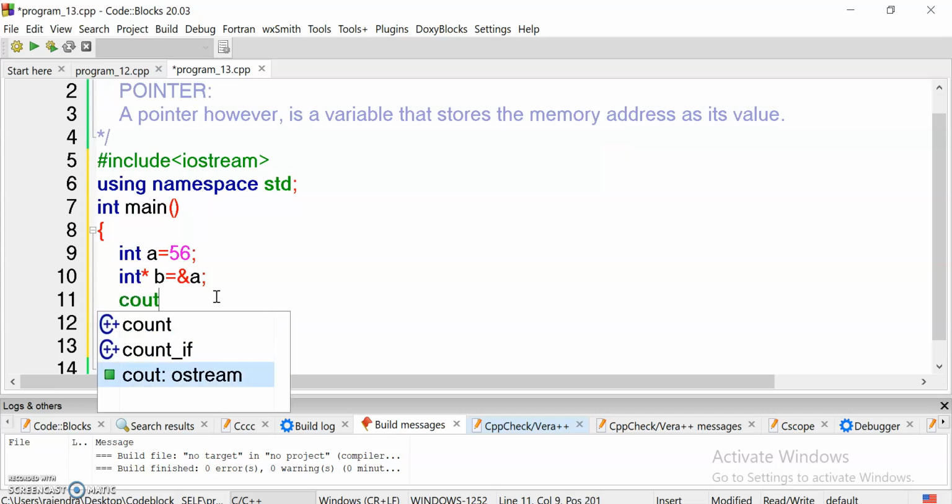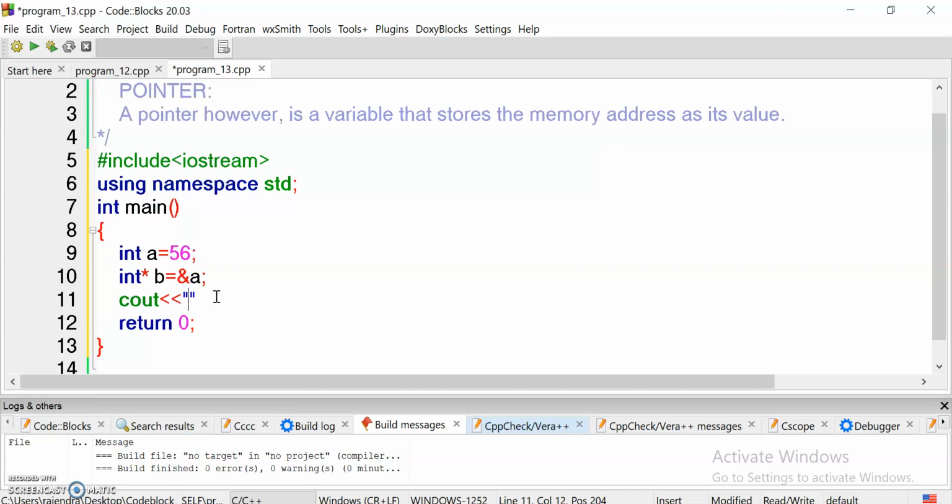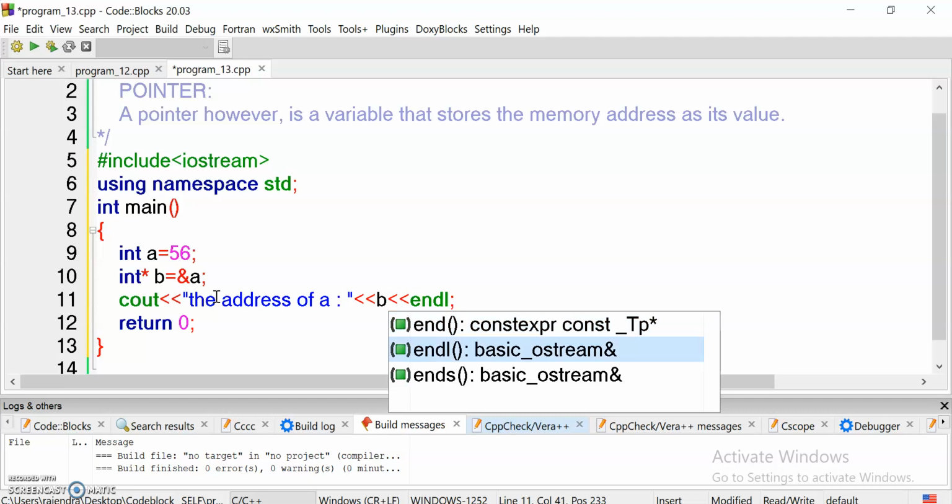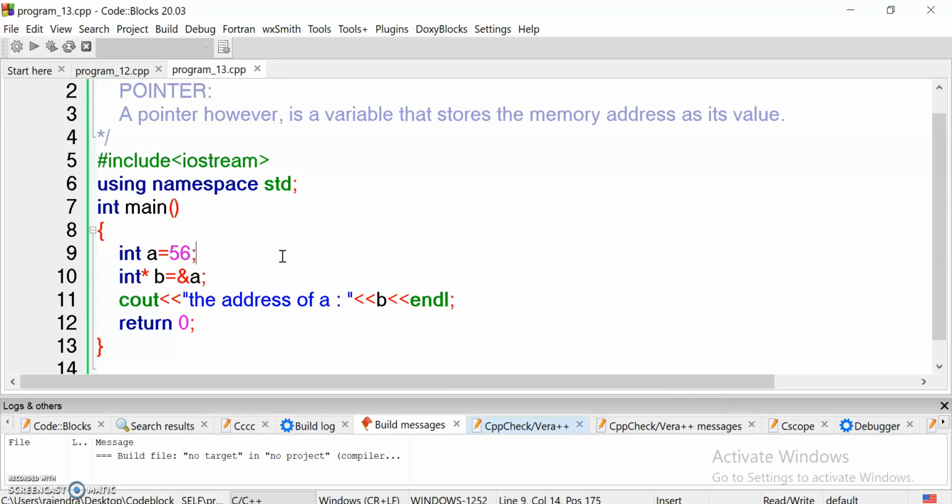So see, now if I just print this value, the address of a is this, and also b. Let's run this program, and after that I show you how we print the value of a.